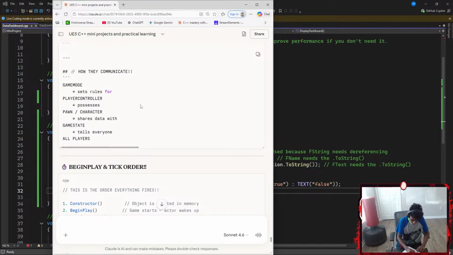Shares data with the game state. Game state tells everyone, which is basically all players. And guys, can you read this and tell me it's actually readable?